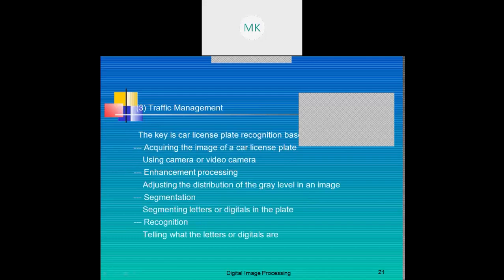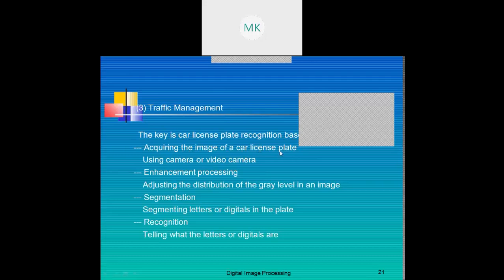So the next application is the fingerprint system, cracking a criminal case with the help of fingerprints. We have a personal identity card and store the fingerprint image in the ID card. Next is entry management, where conference permission at the entrance is considered. A large park with multiple entrances is one of the applications. Next is traffic management. The key is car license plate recognition, which is the basis for traffic management.